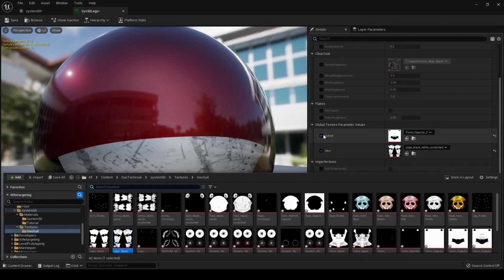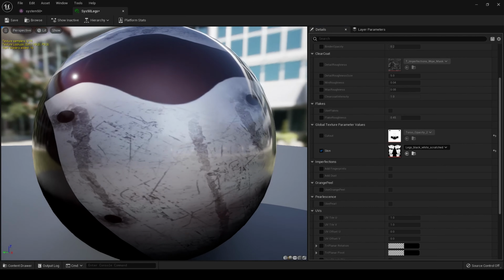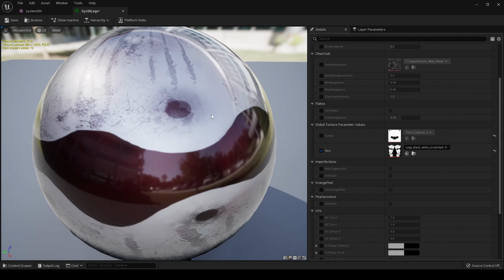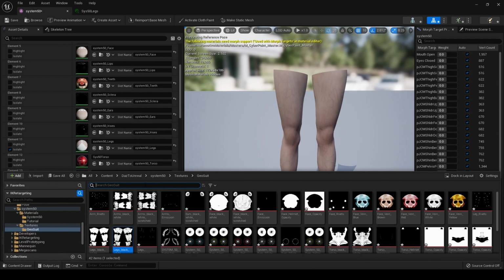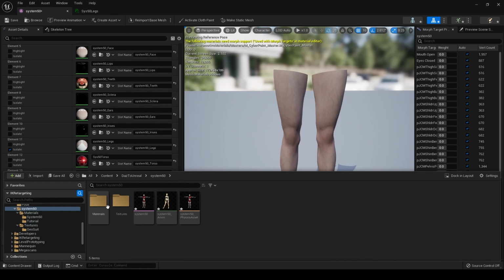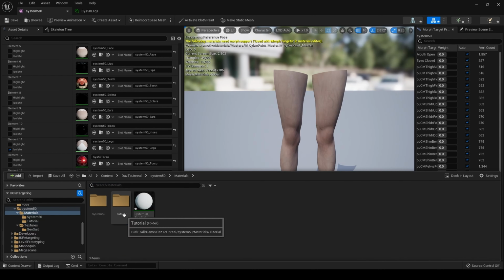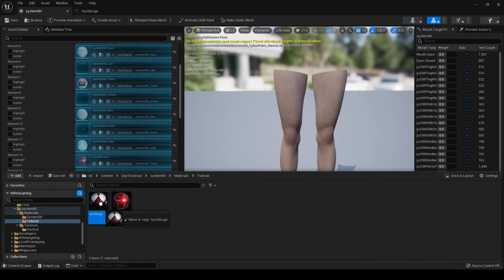Right, well in that case we just remove this cutout and the whole thing should be legs. Let me go back and we go to the legs and we drag that material in, tutorial and legs,